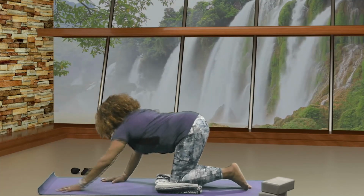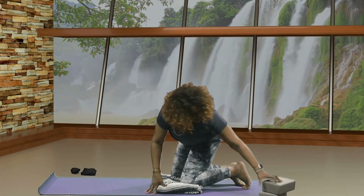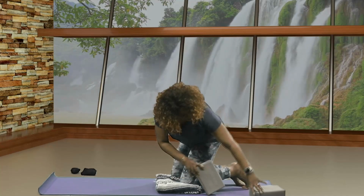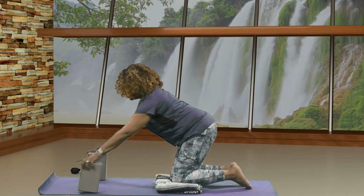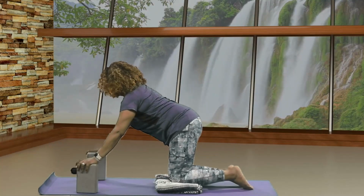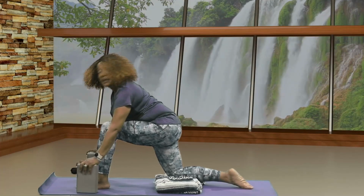Use your left hand to press you back up into table pose. We're going to grab your blocks now. Make sure you have your blocks and a blanket available if you need them. So let's begin. We're going to take your right foot, bring it in between the blocks or in between your